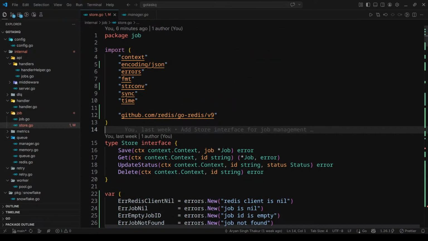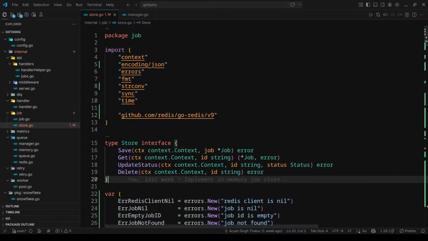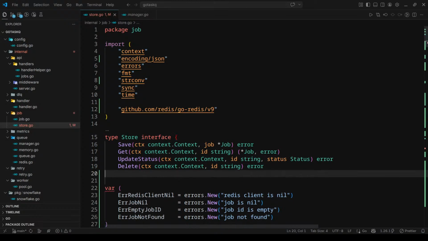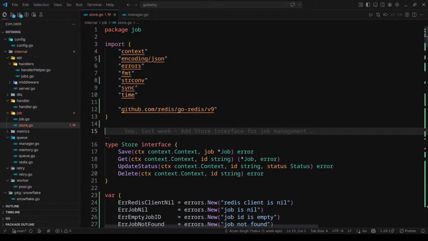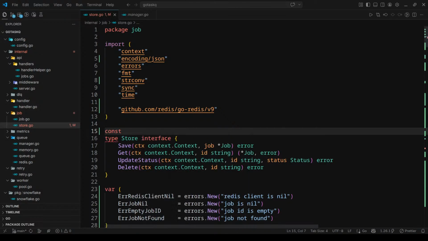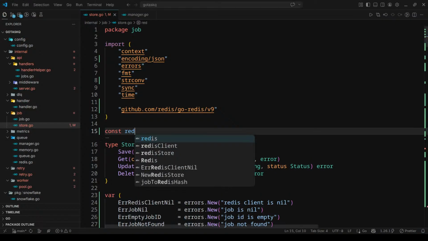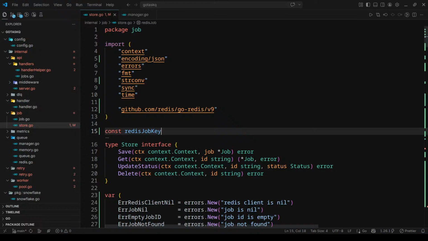I'll define a key after the interfaces. Should I define that before the interface? I should define that before the interface. First, what should I name it? Redis job key prefix